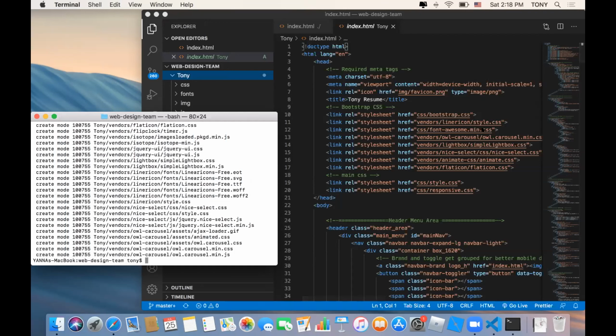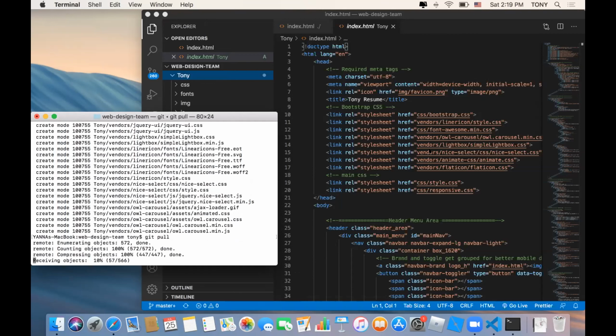Yeah, you have to git pull first. Is it just loading? Yeah, it's just loading.